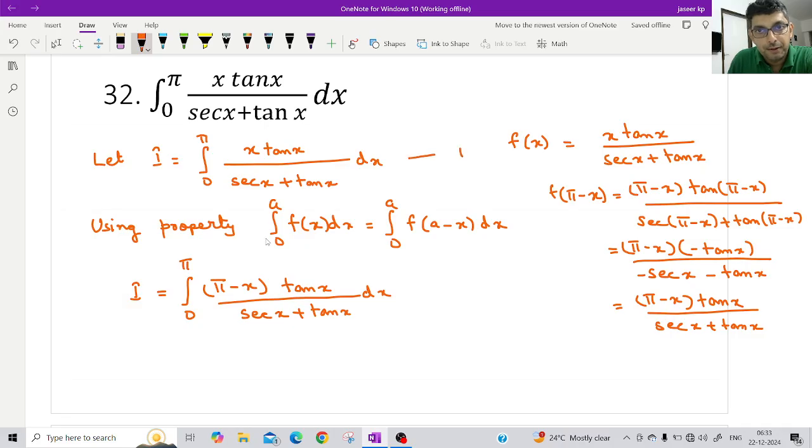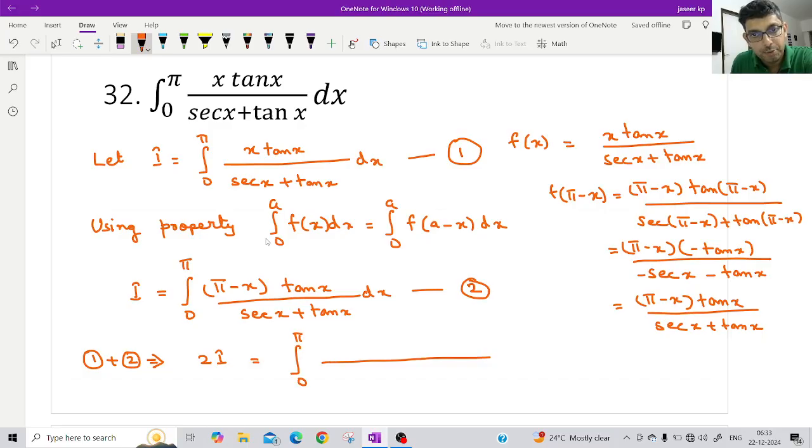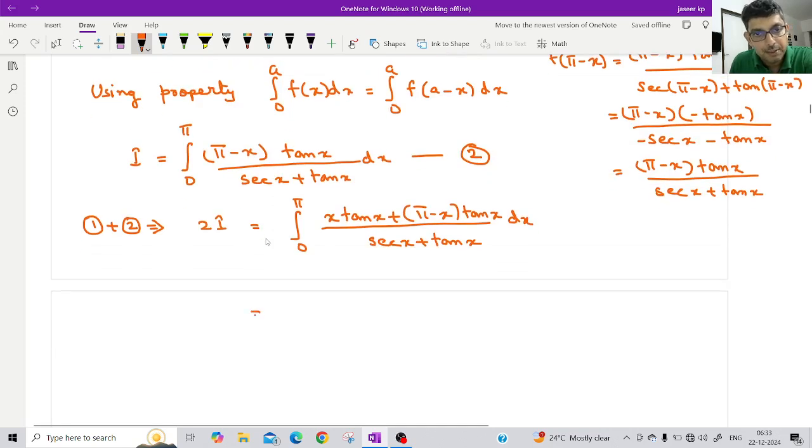So if you take the given I as 1 and after using this also I, now adding 1 and 2, 1 plus 2 equals, left side will become 2i, then denominator is same, 0 to pi limits, denominator is same, secant x plus tan x, and we can add the numerator, that is x tan x plus (pi minus x) tan x dx. So if you add that, it will become 0 to pi